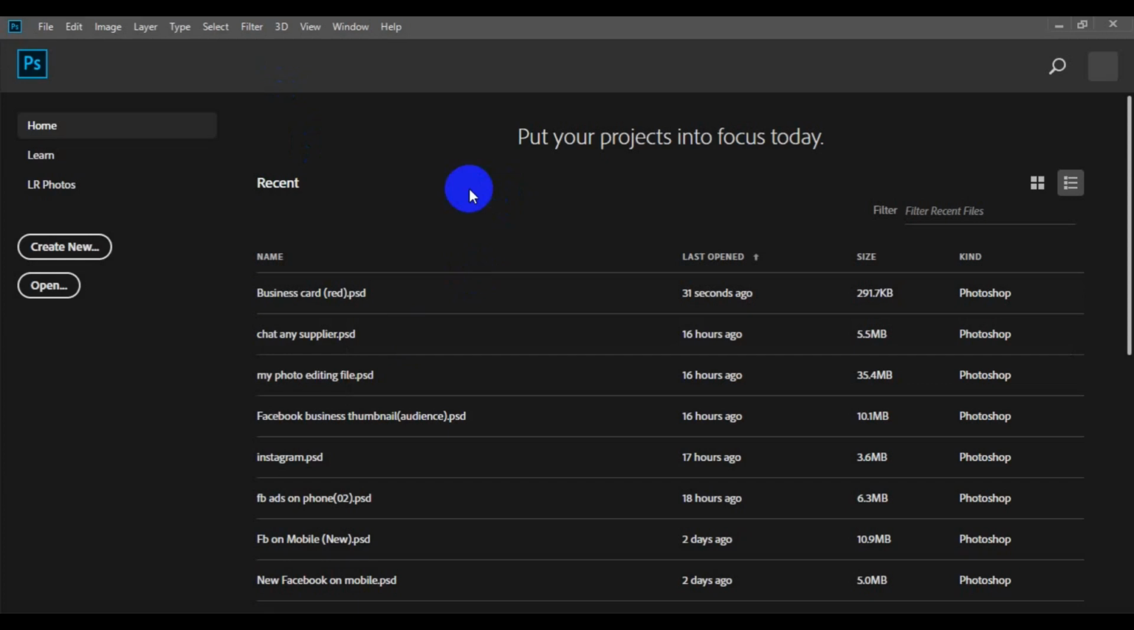show you step by step on how you can make simple corporate Facebook timeline or Facebook cover in Photoshop, step